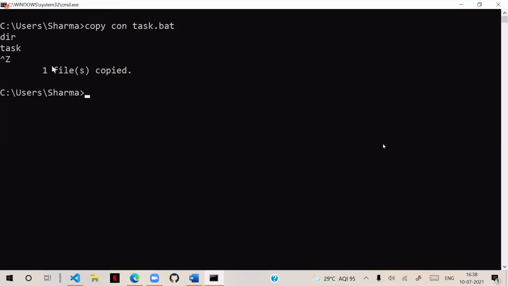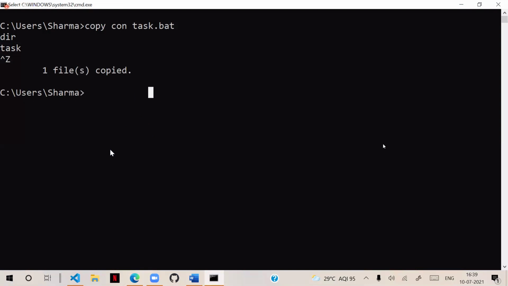One file copied. The technique behind this is, first it will execute the dir command. After executing dir, it will execute this file again. That file contains dir again. After executing again, it will run the file. That means the loop will continue. Just by writing 2 lines, I can create an infinite loop.